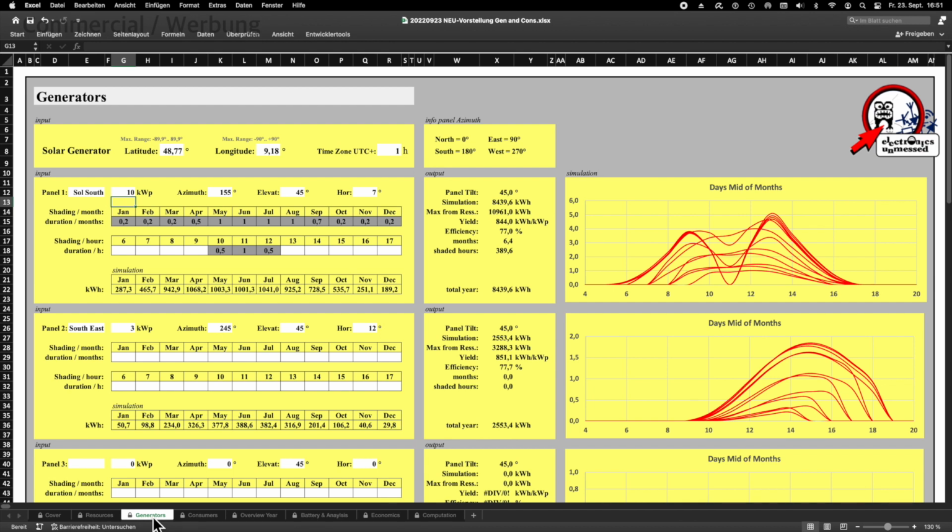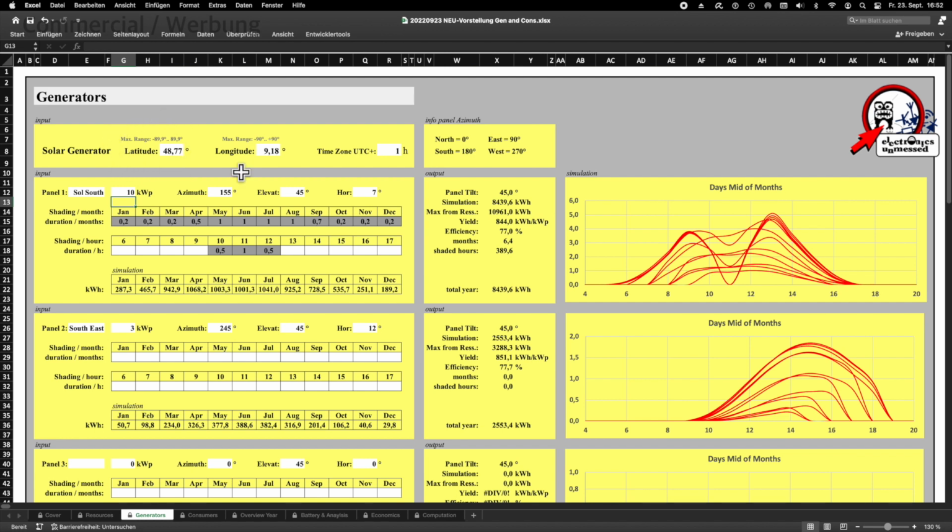It calculates more precisely, especially if you have an unusual orientation of your solar panels or if you want to simulate the solar yield at places near the pole regions. You can actually go up to plus and minus 89.9 degrees latitude now.